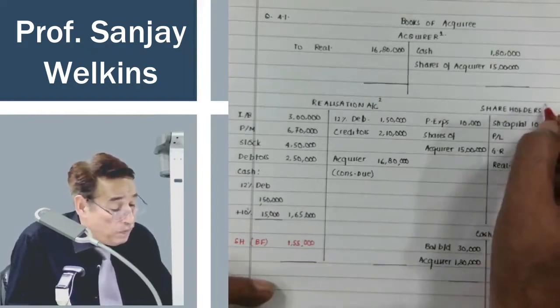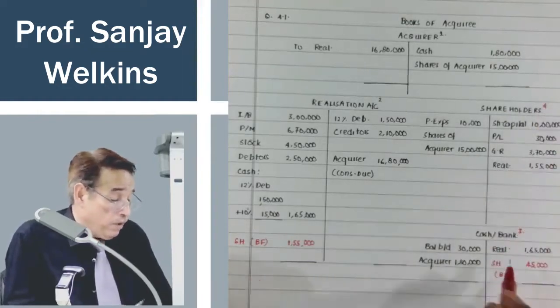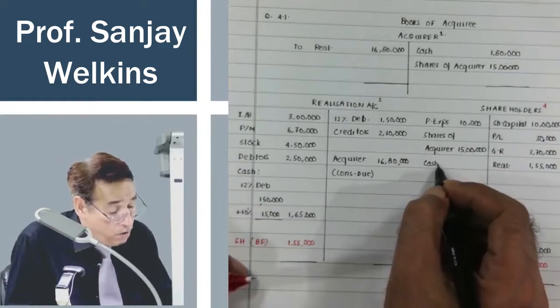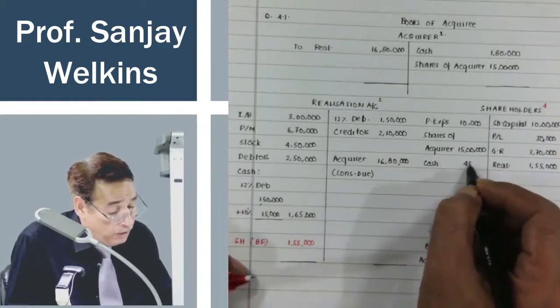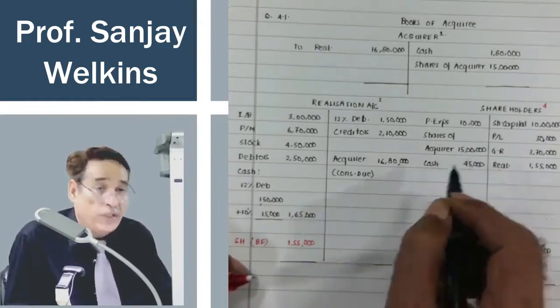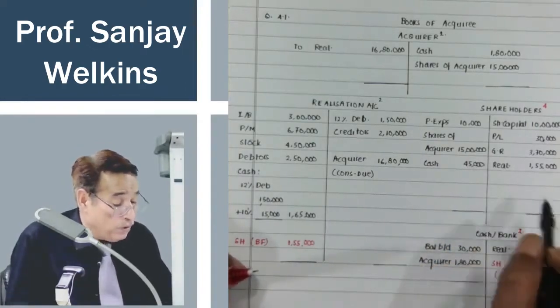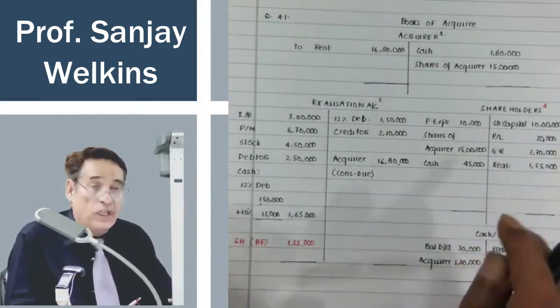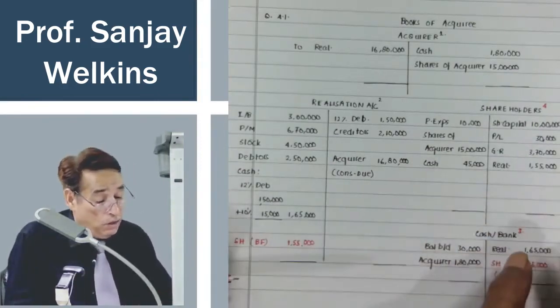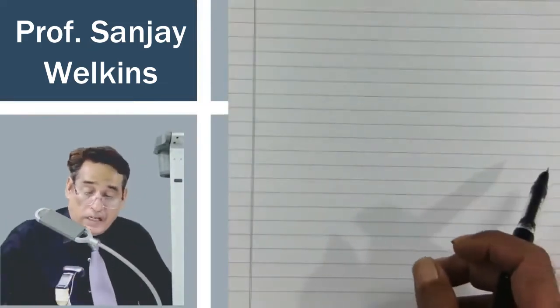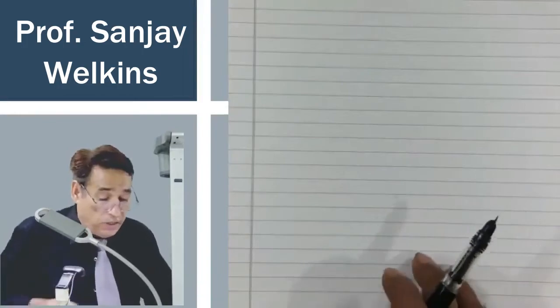Finally, I will write first of all in the shareholder account to cash 45,000. So finally now the shareholder account will be tallied and it should get tallied on its own. 15,55,000 and 15,55,000 is the total of this account. So it is closed. Correct? So we have done correctly the entries part.